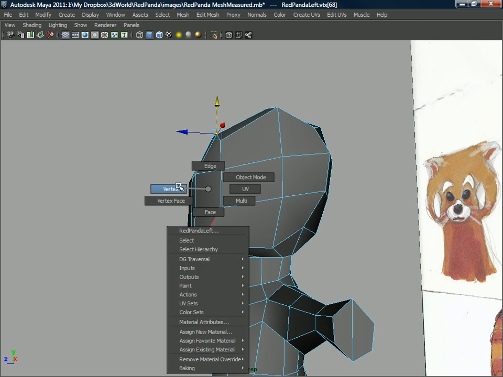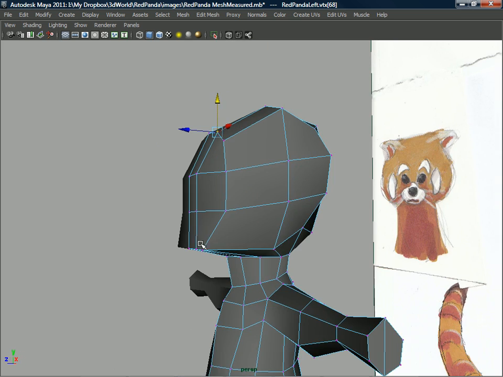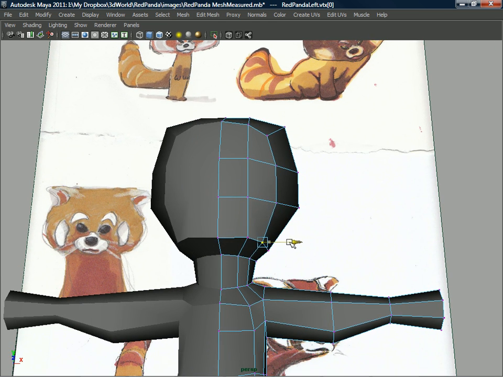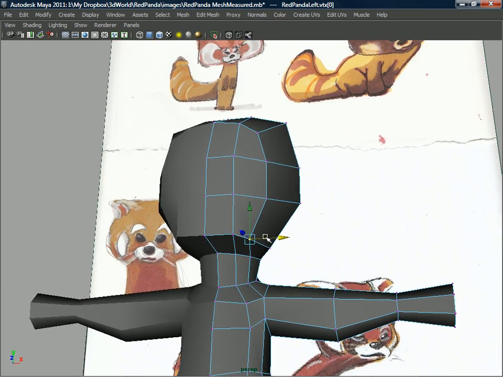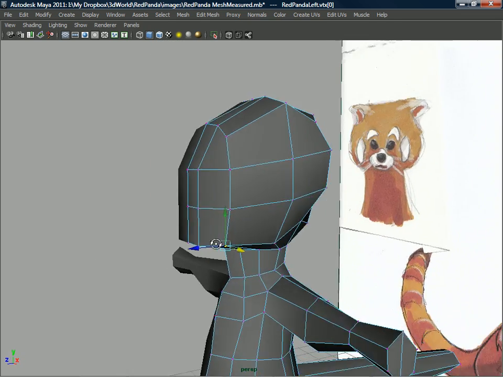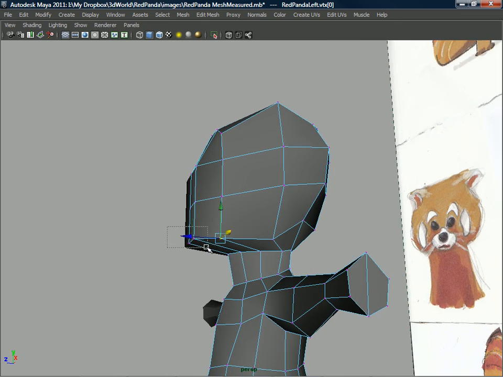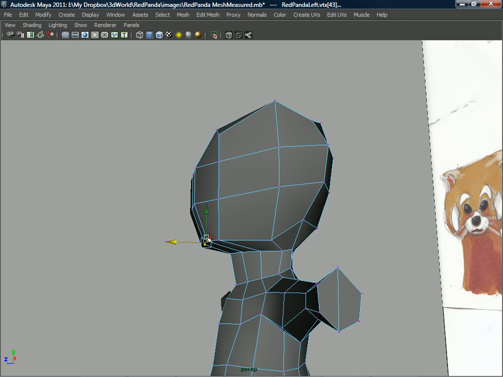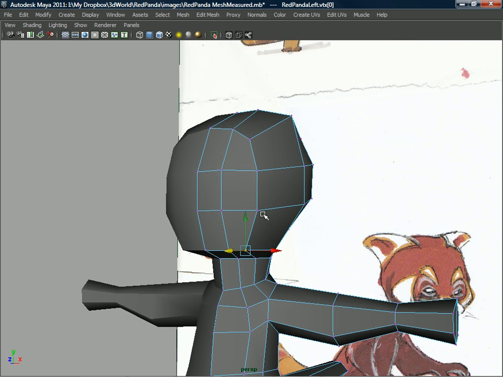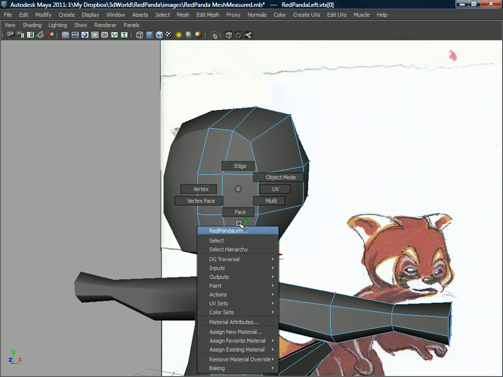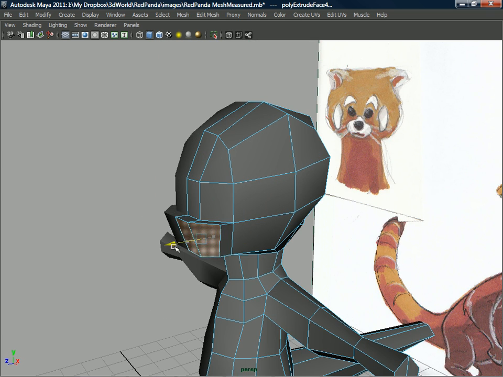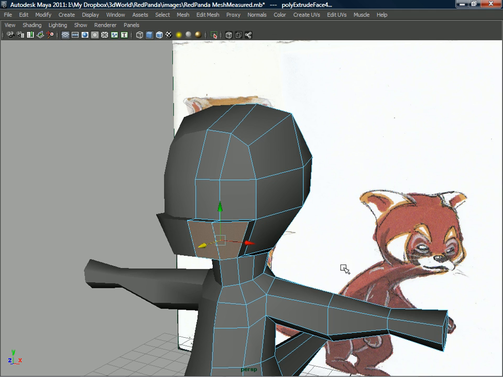Okay. This will pull in a bit. And just kind of get that there. And let's see. Kind of feeling maybe pulling this back a bit. So I'm just going to pull all this back, and then we can extrude our muzzle out, which will be here. We'll just select these guys. Boom, boom. Extrude. And then we'll assume right now that will be kind of this muzzle area, and which is